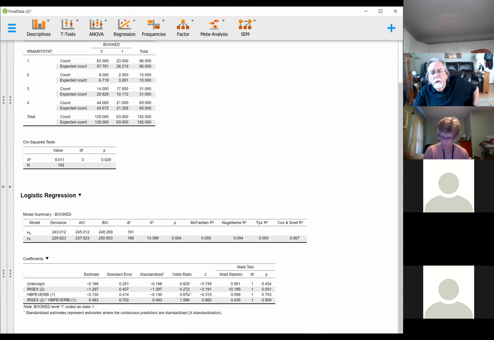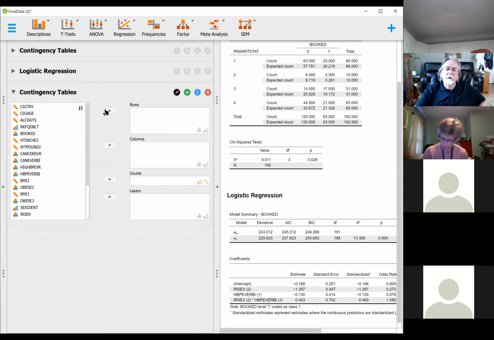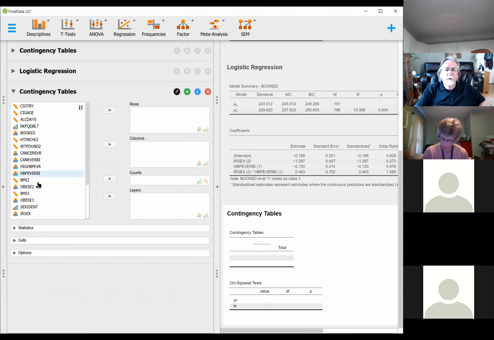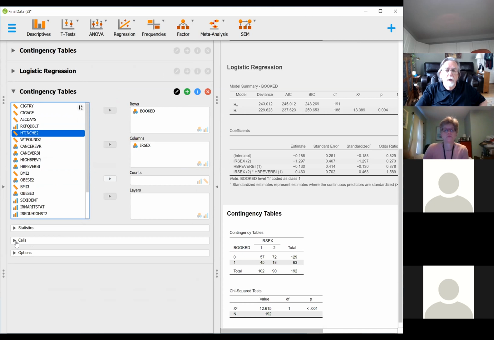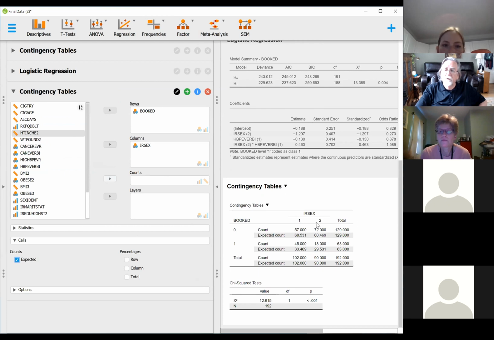But all you have to remember here is if odds ratio is less than 1, then you really can't talk about likelihood. So how do you figure out what's going on here? Well, just like everything else, you can run a follow-up test. In this case, it'd be chi-square, and we'll do a quick little contingency table here in which we put sex in the columns and booked in the rows, and we add in the expected values into the table, and we discover that